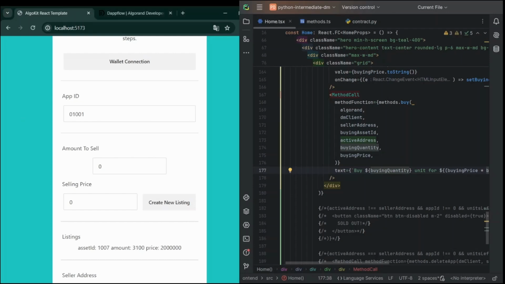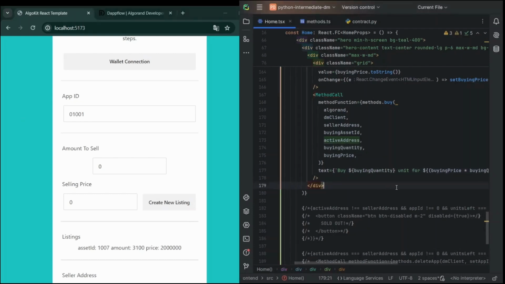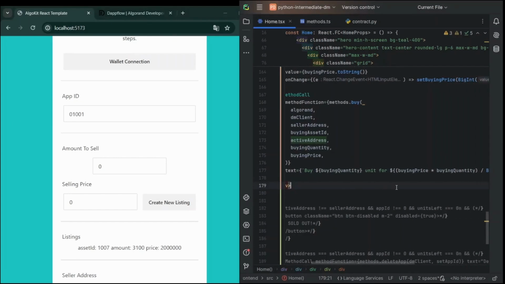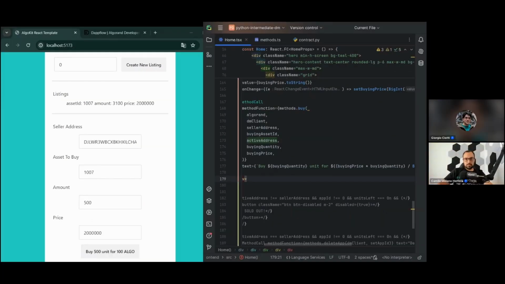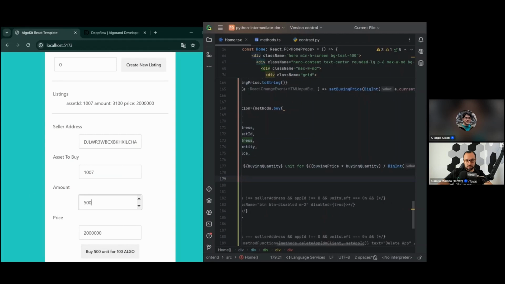So let me try and program like this. So we have in this button the buying quantity, and this is correct. Like if I change the quantity, it changes in the button for 100 algos. Now we want to have